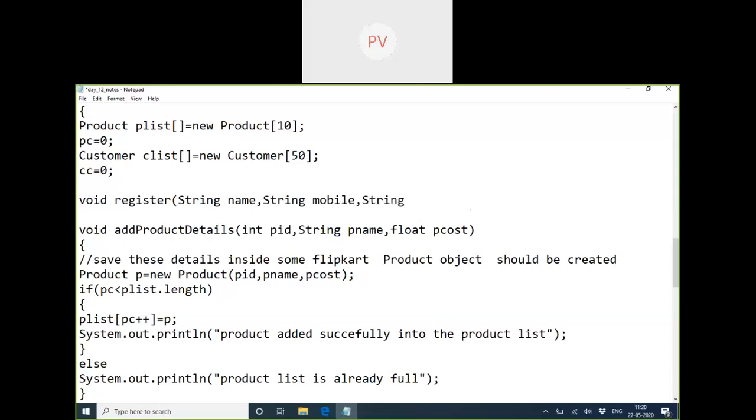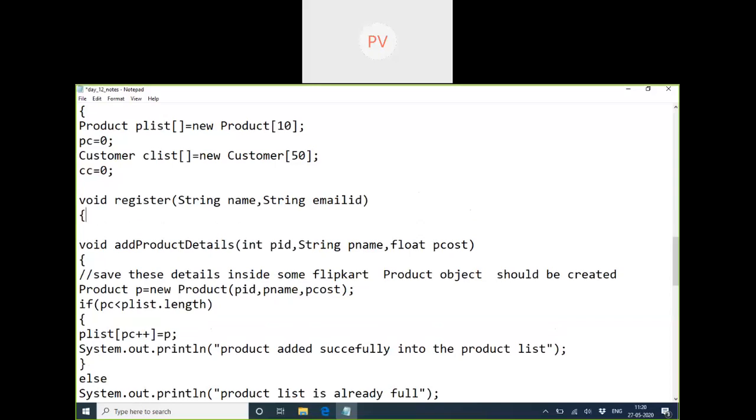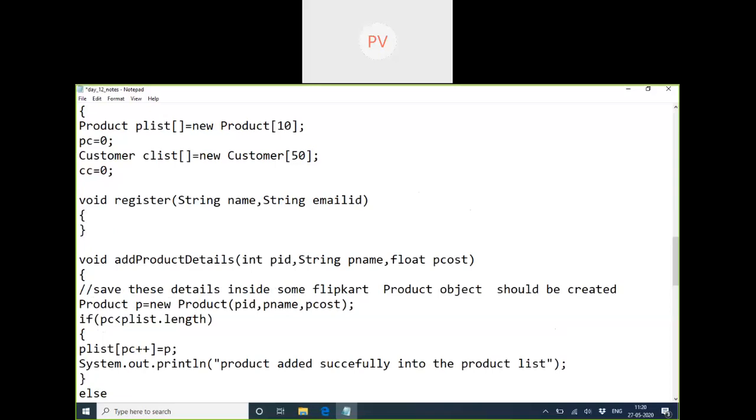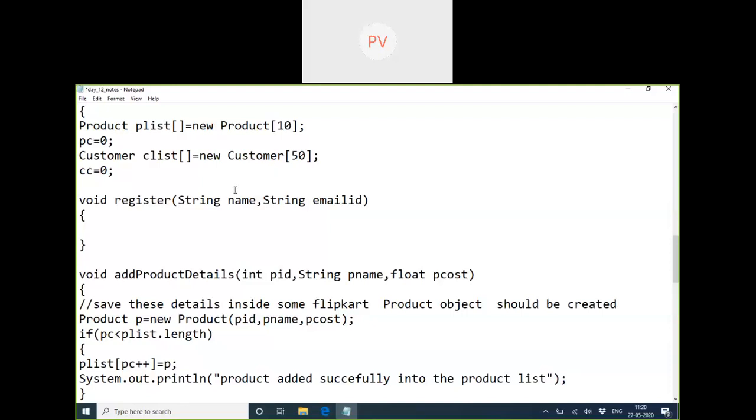And the last was, we had only two data. It's up to you how much you do based on that. So the customer had only two, name and an email ID. What should we do with these details when the customer enters a form by typing his name and the email ID? What should we do with that data?